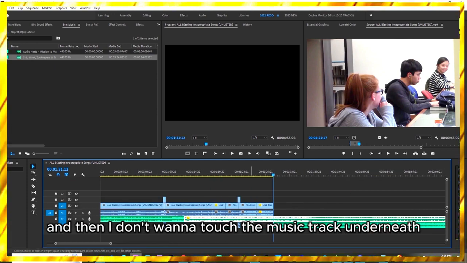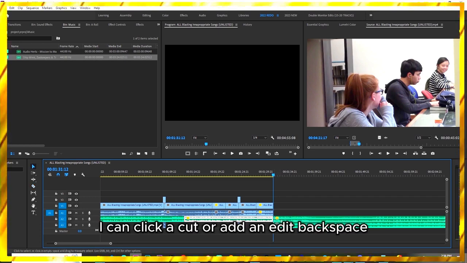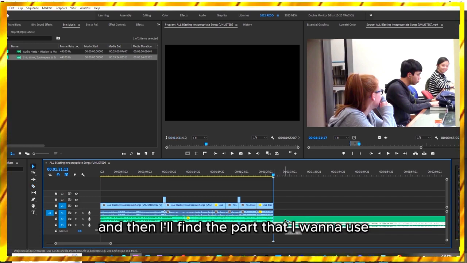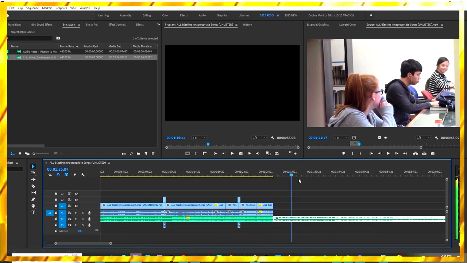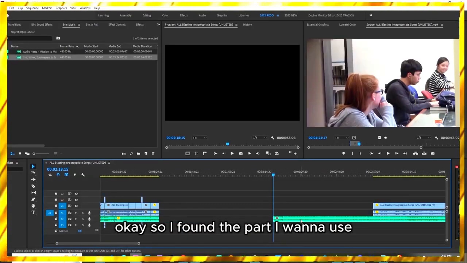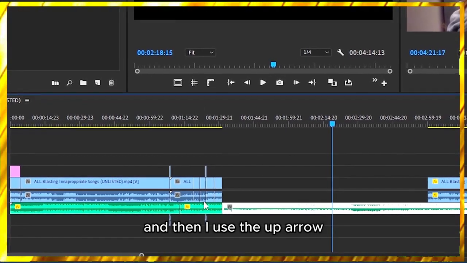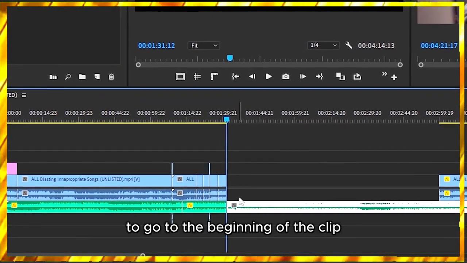And then I don't want to touch the music track underneath, so if I want, I can click a cut or add an edit, backspace, and then I'll find the part that I want to use. I'll be right back. A few moments later. Okay, so I found the part I want to use. So I'm using the minus and the plus, and then I use the up arrow to go to the beginning